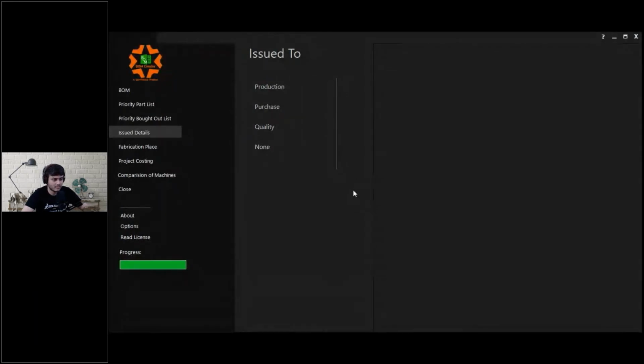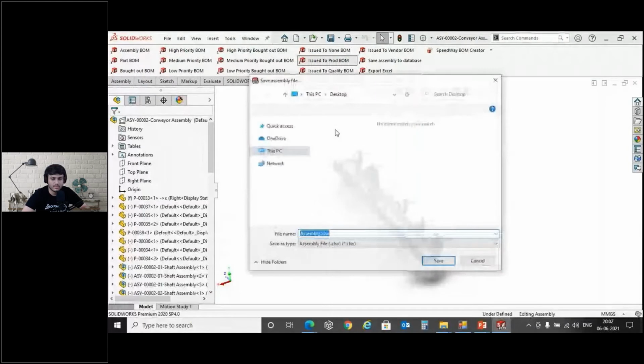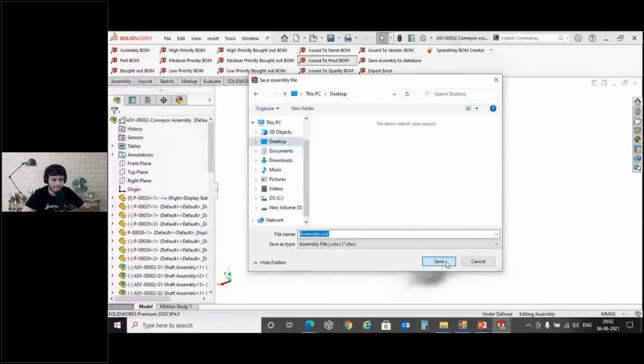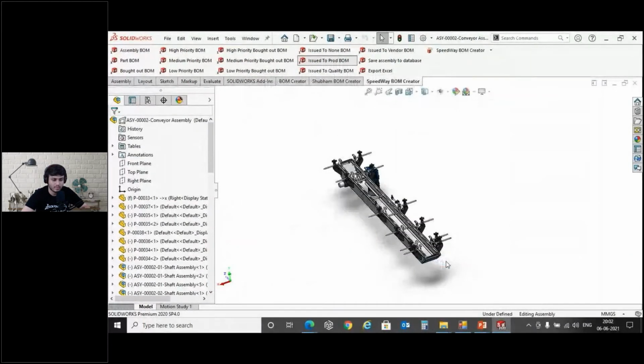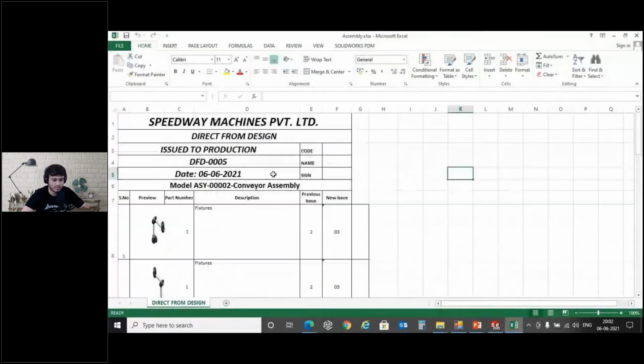So now this gives you information to whom you have given the drawings, how many times you have given the drawings, right? And which date did you last release? And all the information is being saved in my SolidWorks file. So all the information is saved in my SolidWorks file, and I get the complete details of issue details, the details of drawing, which is being released to which department, right?